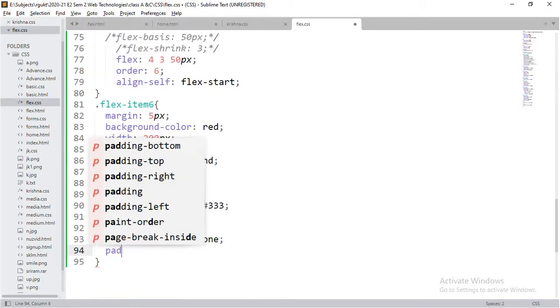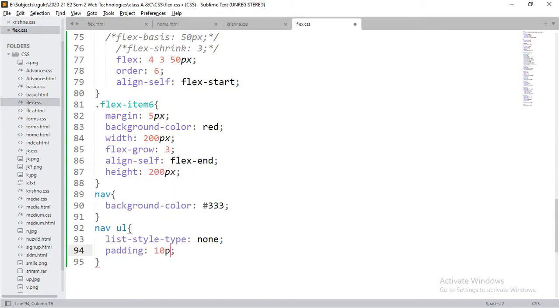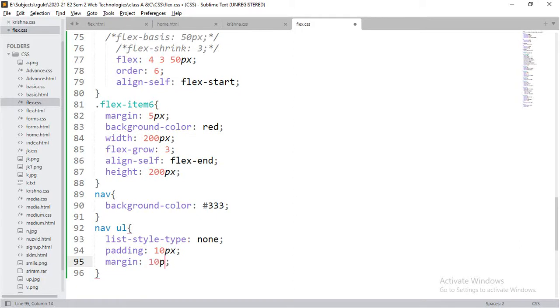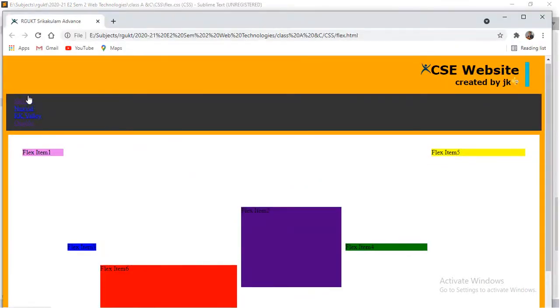Around this, I am going to define some padding, 10 pixels, and the margin also 10 pixels. Now you can observe what happened. All are arranged like this. I have removed all the bullets. That is the reason list-style-type is none.